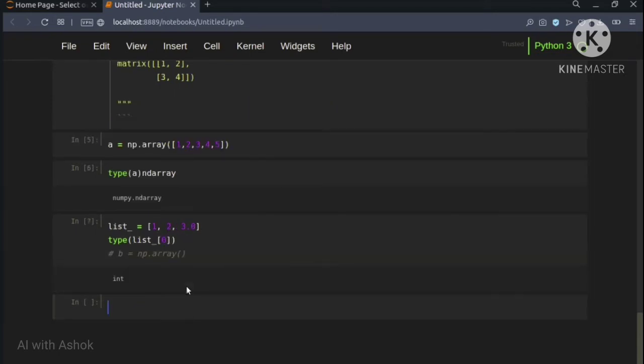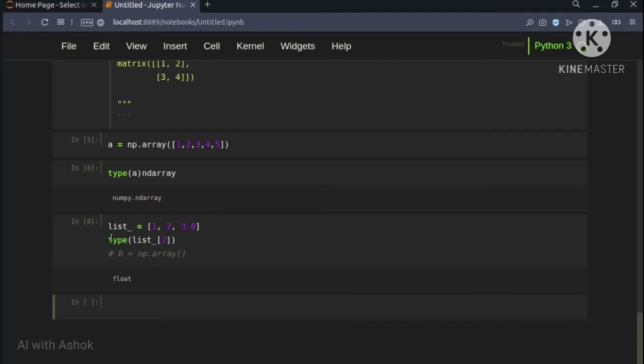So our list 0's type is integer, and list of 2's type is float. So this one's type is integer, and 3.0's type is float. This is the difference between a NumPy array and a list.